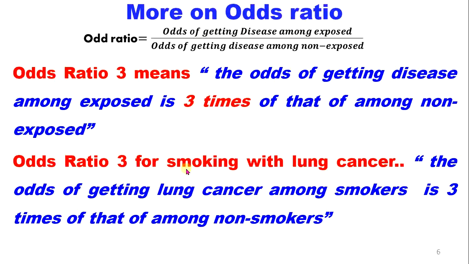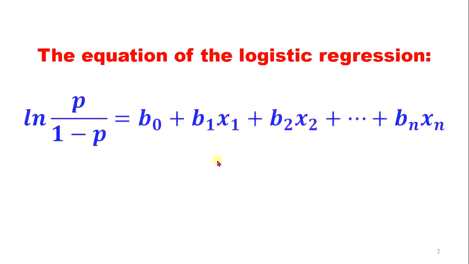if this odds ratio becomes 3 it means that the odds of getting disease among exposed is 3 times that of among non exposed ብለን ነው ኢንተርፕሬት የምናደርገው ማለት ነውና odds ratio 3 for smoking with lung cancer ከሆነ ምን ማለት ነው the odds of getting lung cancer among smoker is 3 times that of among non smokers ብላችሁ ኢንተርፕሬት ይደረጋል ይሄ odds ratio እንዴት ኢንተርፕሬት እንደምታደርጉ